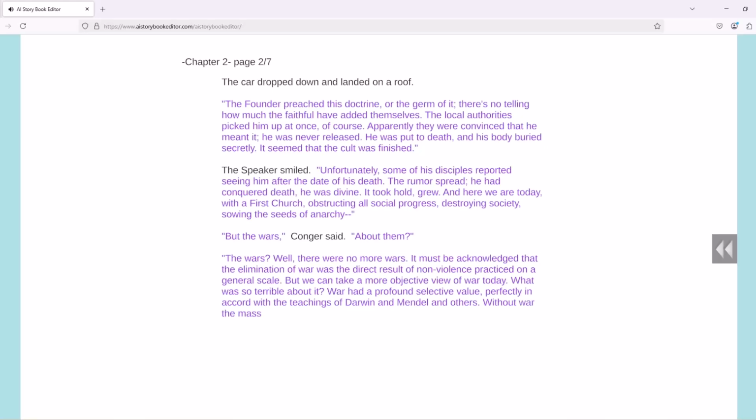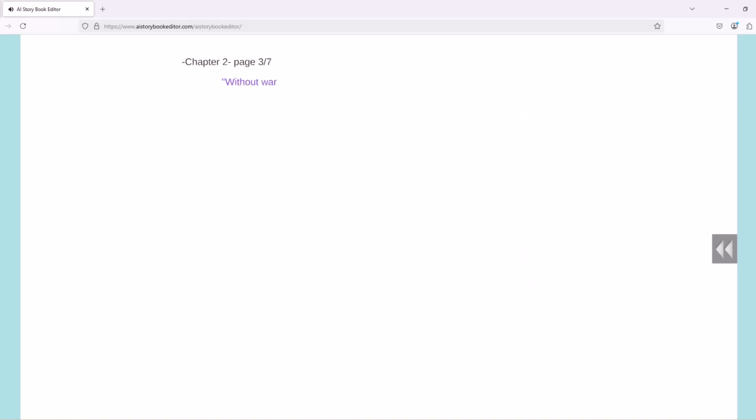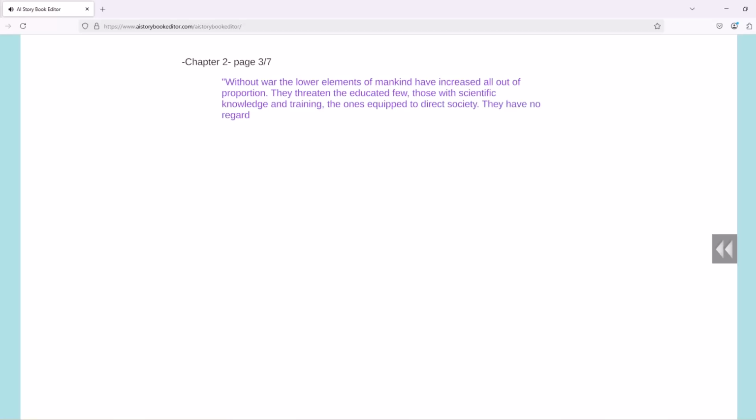Without war, the mass of useless, incompetent mankind, without training or intelligence, is permitted to grow and expand unchecked. War acted to reduce their numbers, like storms and earthquakes and droughts. It was nature's way of eliminating the unfit. Without war, the lower elements of mankind have increased, all out of proportion. They threaten the educated few, those with scientific knowledge and training, the ones equipped to direct society. They have no regard for science, or a scientific society, based on reason, and this movement seeks to aid and